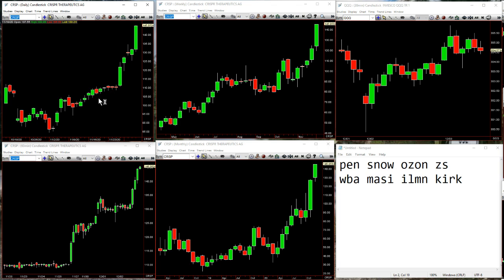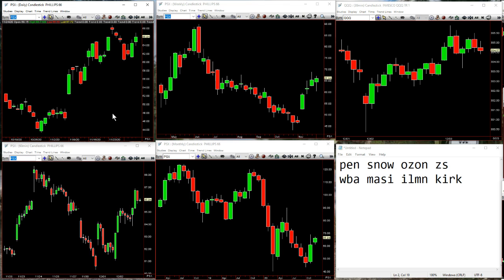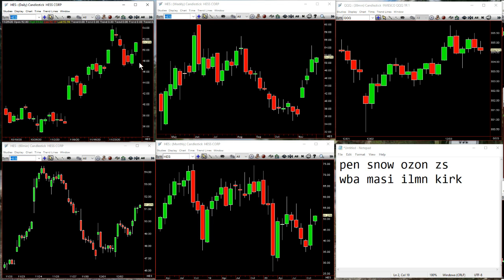If we go to Energies, XLE, and XLE just kind of sitting here going inside week now, and so you're going to see a little bit of a mixed bag, but you did have some refiners like PSX still trying to come up. Here you have Hess here doing a little better, but you can see this takes out the weekly low in the upper middle. Now, trying to be an outside bar. If not, we get the 2-2-2 next week. And you can see the inside 60 here in the lower left, taking that out. If we go to